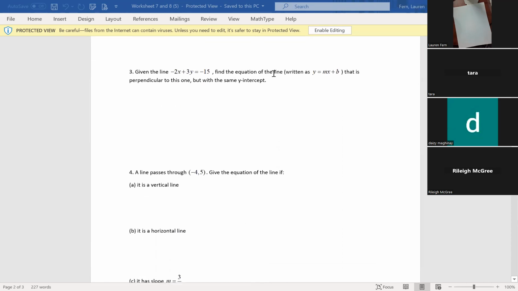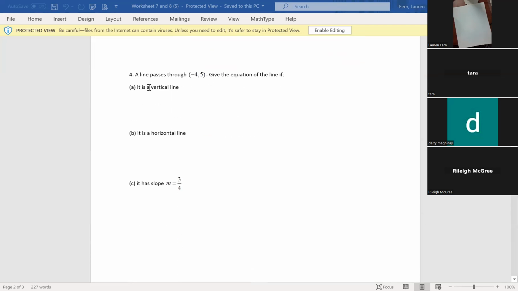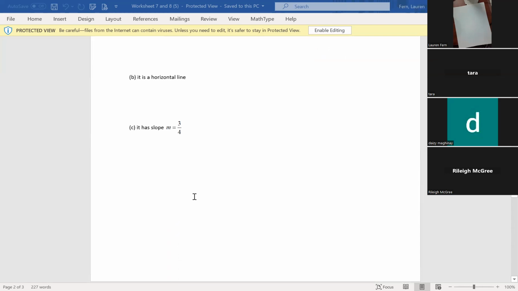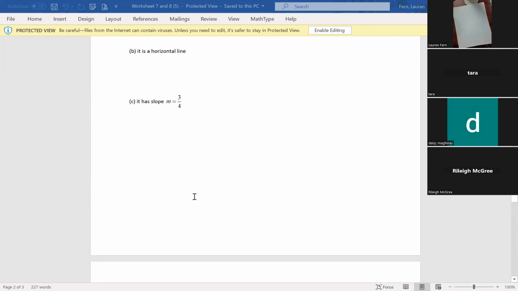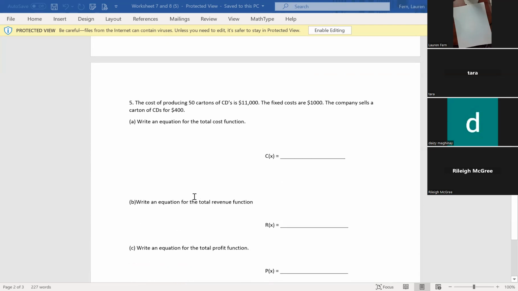Here you have a line and you want to find the equation of a line perpendicular to this, but with the same y-intercept. So again, you're going to want to solve this for y. And then finally, here's a line passing through these ordered pairs. Find the equation if it's vertical, if it's horizontal, and if it has that particular slope. Your test will not contain nearly this many formulaic sorts of questions, but I want you to get the practice. And then finally,